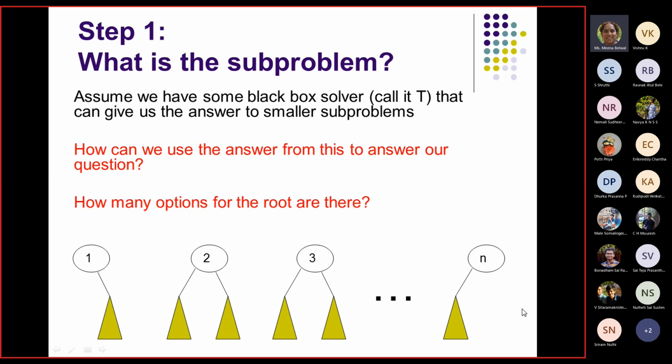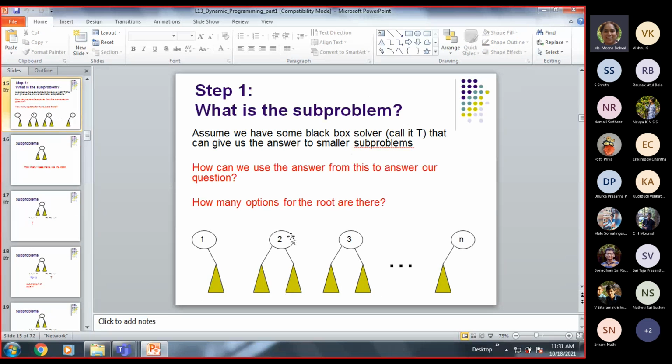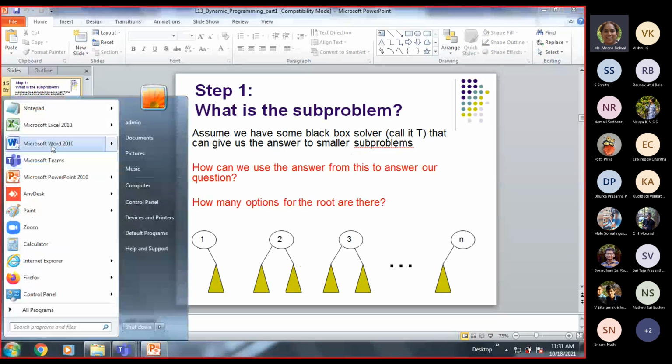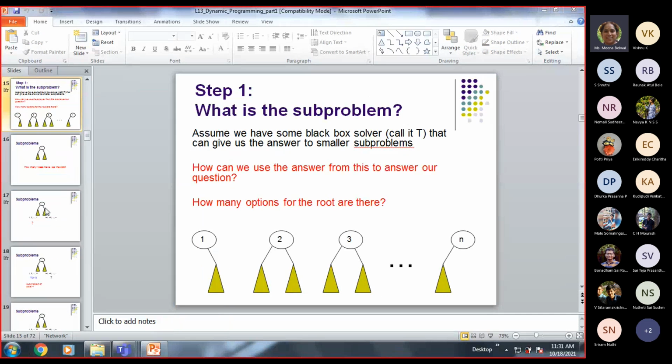Now n is 10 and I is 5, which means 1 to 4, the values 1, 2, 3, 4 have to go to the left of 5, and the values 6, 7, 8, 9, 10 have to go to the right of 5. So that's what we are saying, anything it can take up.